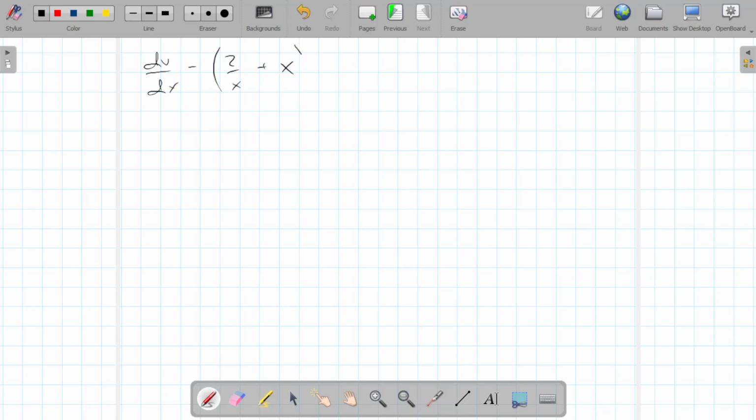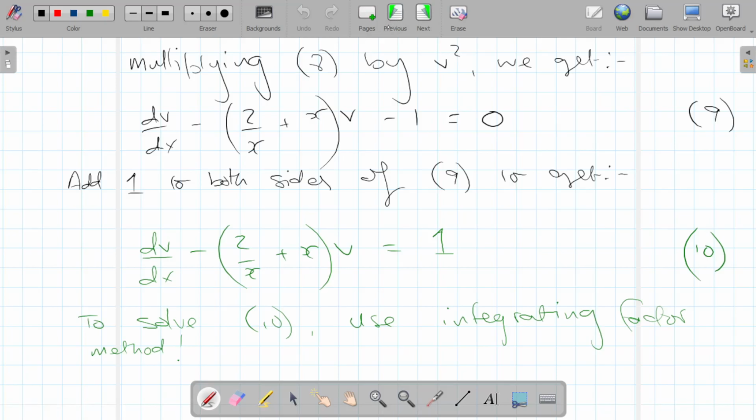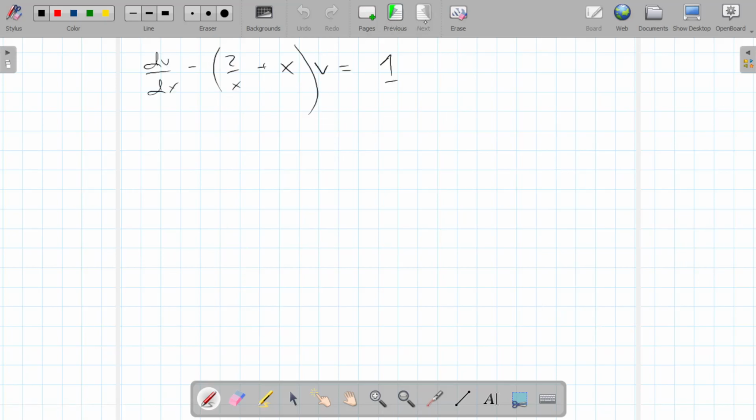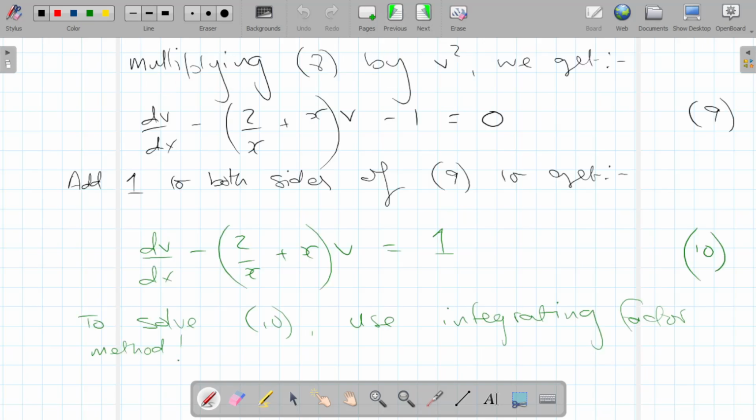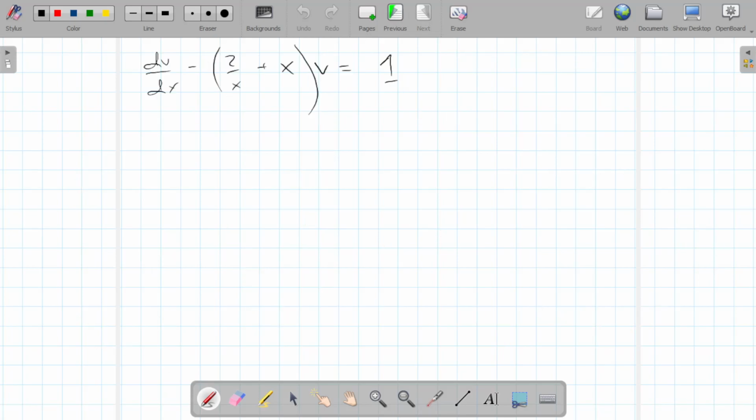Plus x, v equals 1. And also there wants to be a v there. Yeah, I think I've got it all there. So we're calling this equation 10. So for the integrating factor,